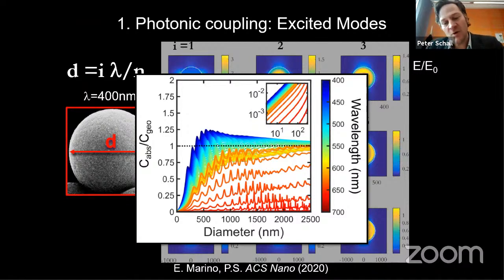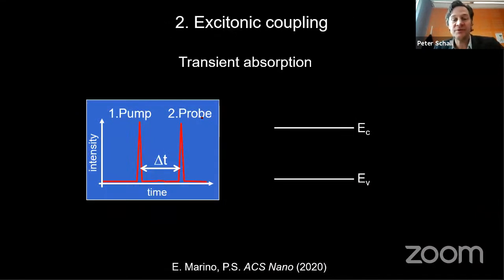And you see now that for certain diameters and for certain wavelengths, that's the color over here, you actually can get absorption cross-sections, essentially going up here. You can get absorption cross-sections that become larger than the geometric cross-section, which means you now have a structure that actually attracts the light, that funnels the light into it. So if you want to build efficient, let's say, solar cells or even photodetectors, this is quite advantageous because you can trap the light, essentially. Now, the second point, the excitonic coupling, is essentially, we could